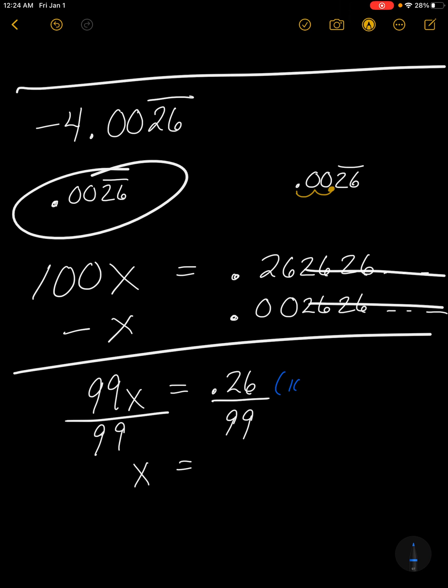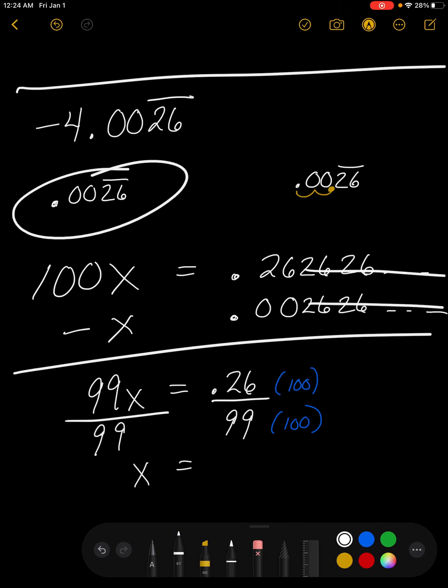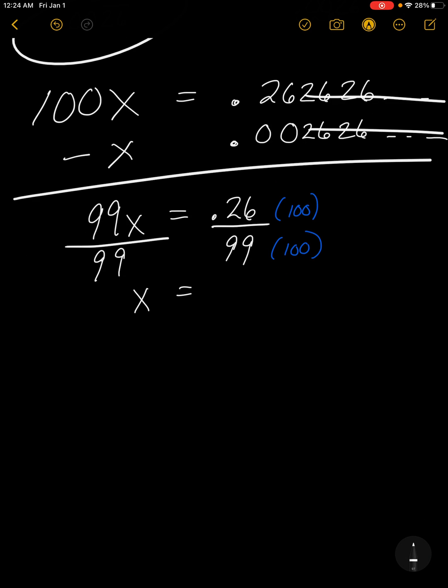And we need to adjust this. So I'm going to multiply by 100 again. Why 100? Because I need to move that twice to get it out of the 0.26. So now that makes 26, and then you're just going to add 2 zeros to this, 9900. All right, so you can at least divide that by 2 to simplify it, because they're both even numbers. So 26 divided by 2 is 13. 9,900 divided by 2 is